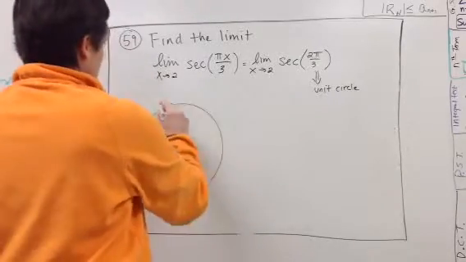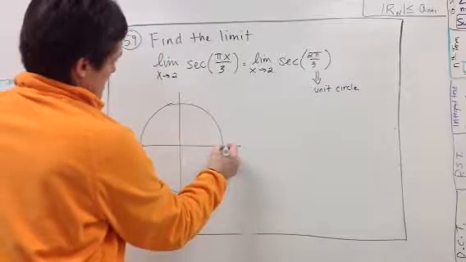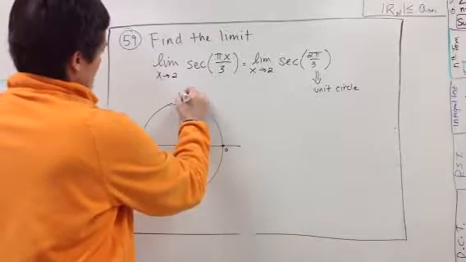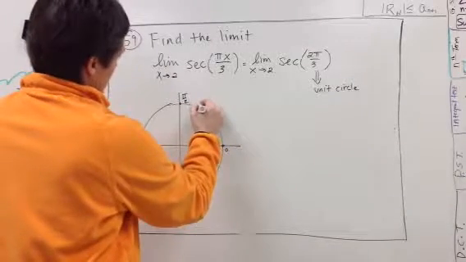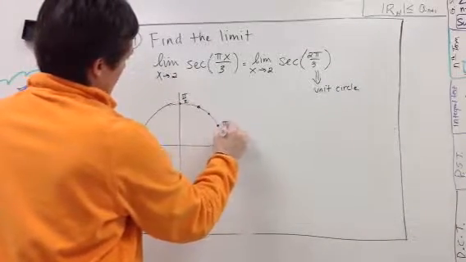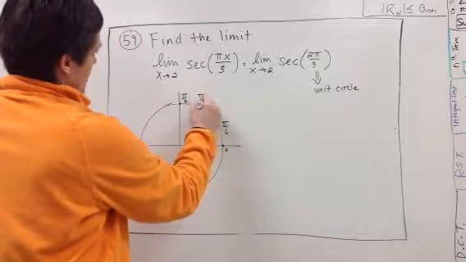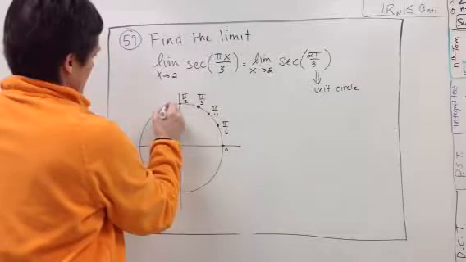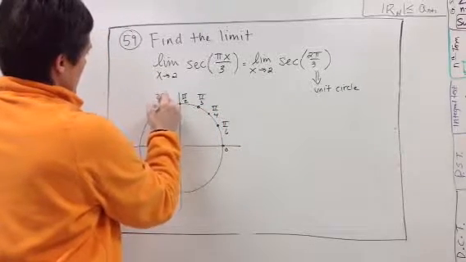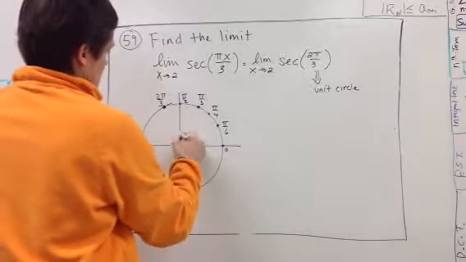So here's our unit circle. And we know that this is 0, and this is pi over 2. And then we're clustered in the middle with pi over 6, pi over 4, and pi over 3. So 2 pi over 3 has to be over here. Okay? And so those locations,